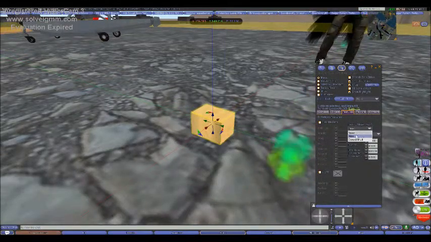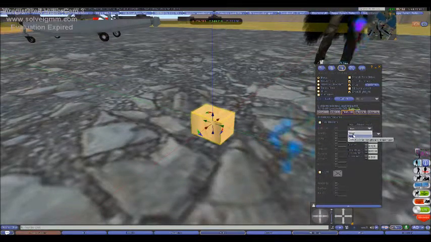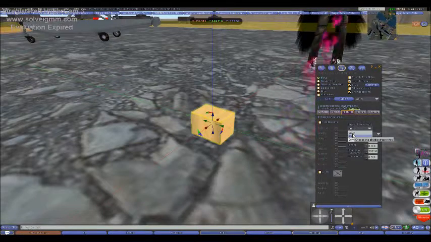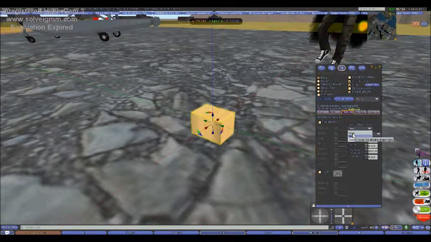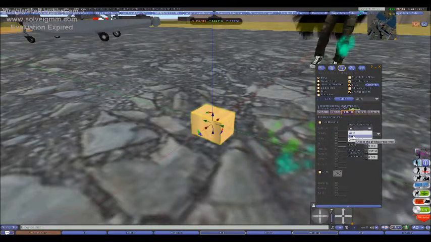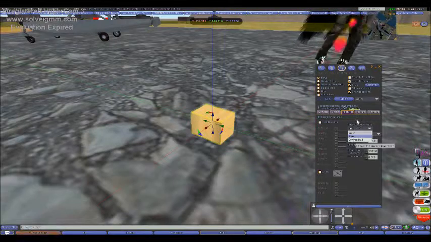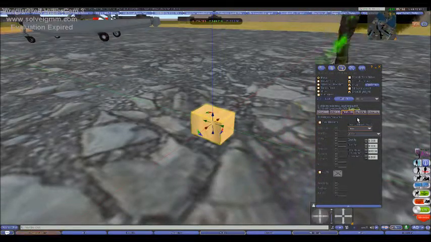Sometimes you'll need to select none, but this all has to do with, like, if you're building something and you want one prim to be in a phantom state so you can walk through it while keeping other prims in a physical type state, where you can't walk through them, you use this button. And convex hull is used especially when building vehicles over 32 prims, because